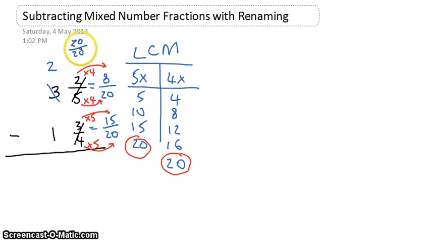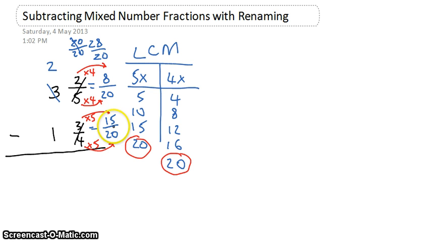I need to add that to what I've already got, 8 20ths. So my new fraction will be 20ths, and 8 20ths is 28 20ths to subtract. So 28 20ths subtract 15 20ths,